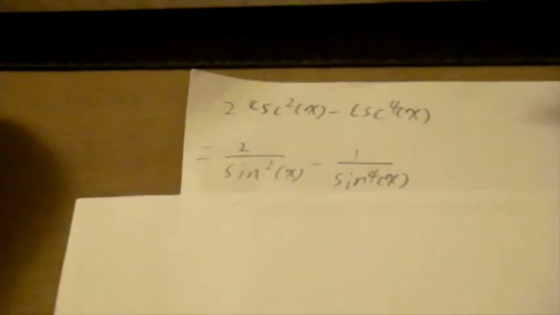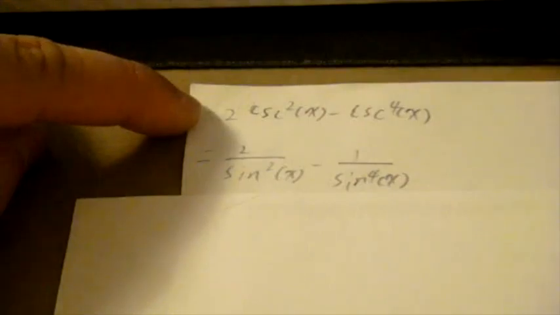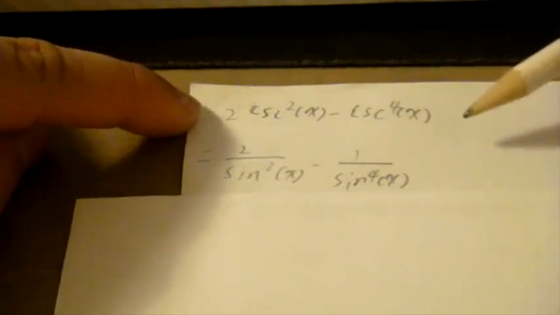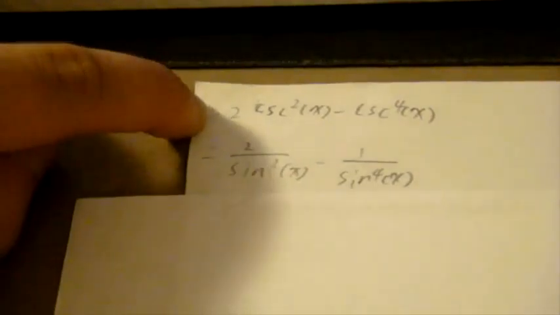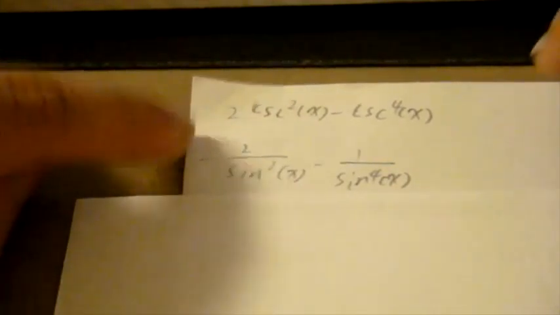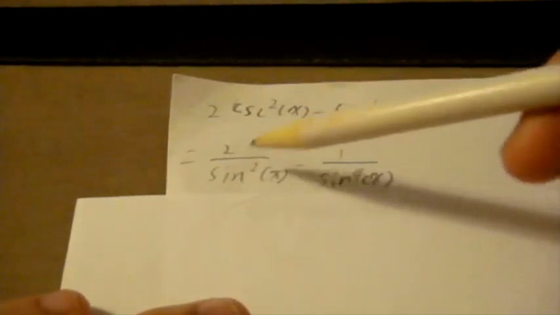Our left part, our right part is 2 secant square x minus secant 4x. If I pronounce wrong, whatever, because I'm Chinese, man. You cannot complain. So it will become 2 over,